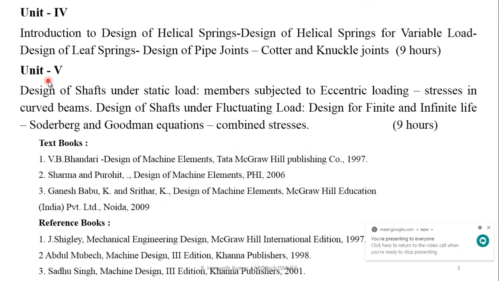Okay. Similarly, unit 5 is fully dedicated to shaft design, various loading conditions of shafts and designing of those shafts. In this unit we will be discussing some predefined equations for calculating a few dimensions. If you see this fifth unit, a few concepts you would have already learnt in the previous mechanics of solids itself. We will discuss it while discussing that unit.